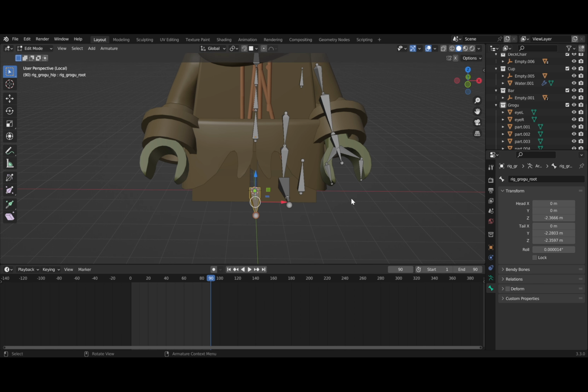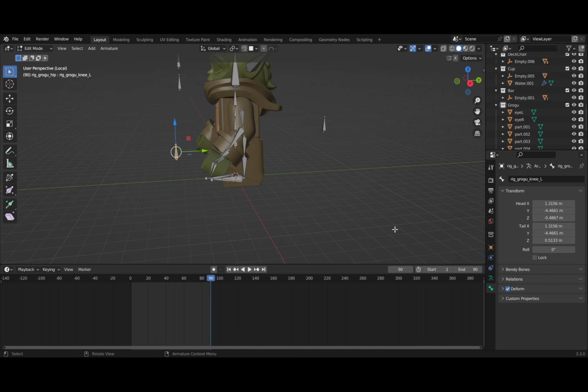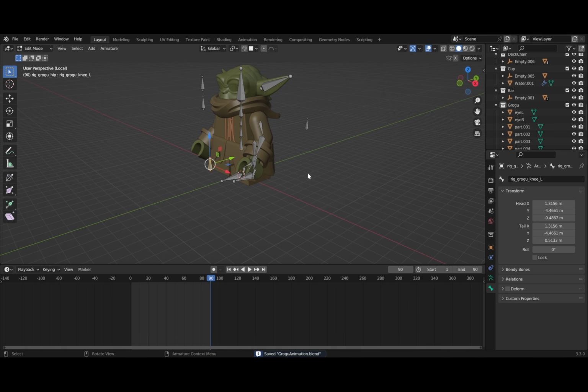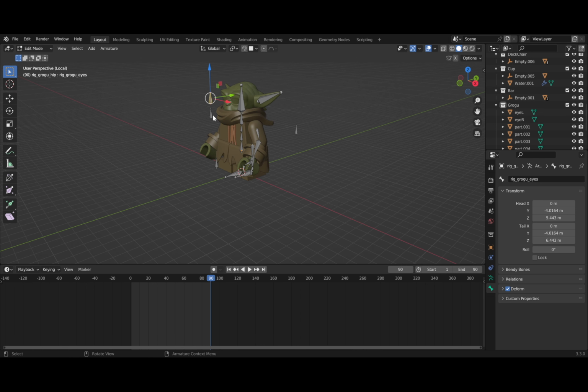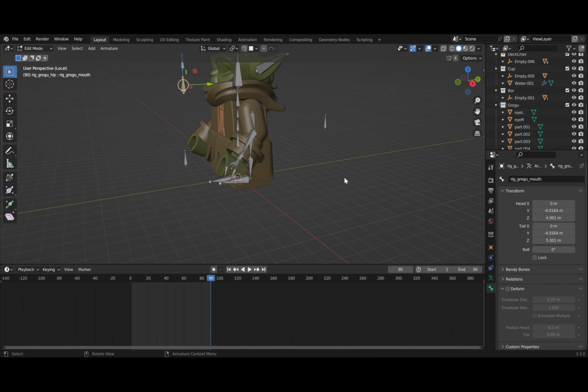Next, you need to make some settings for the main control bones. The control bones here refer to the IK bones in both hands, the IK bones in both feet, the two control bones in the elbows, the two control bones in the knees, and the control bones in the eyes and mouth. For example, select the bone that controls the eye, then select the Bone Properties panel on the right and turn Deform off. The meaning of the Deform option is whether or not the selected bone will affect the vertices associated with the model. If disabled, this means that the selected bones will not be bound to any vertex groups of the model. Then switch to Edit mode.